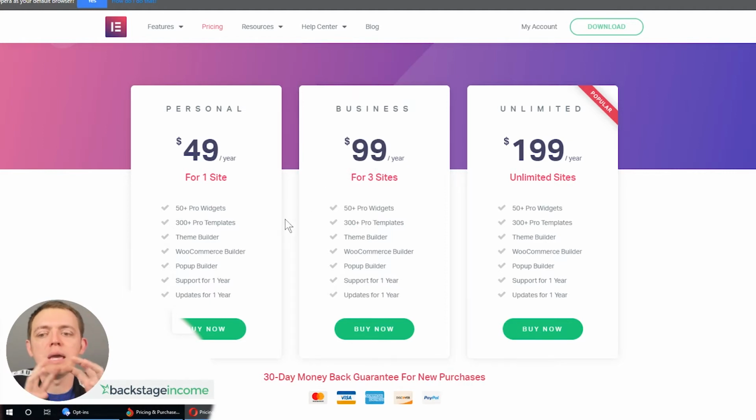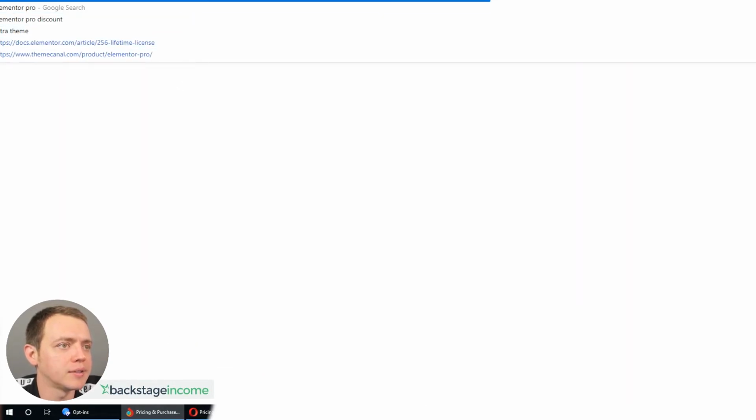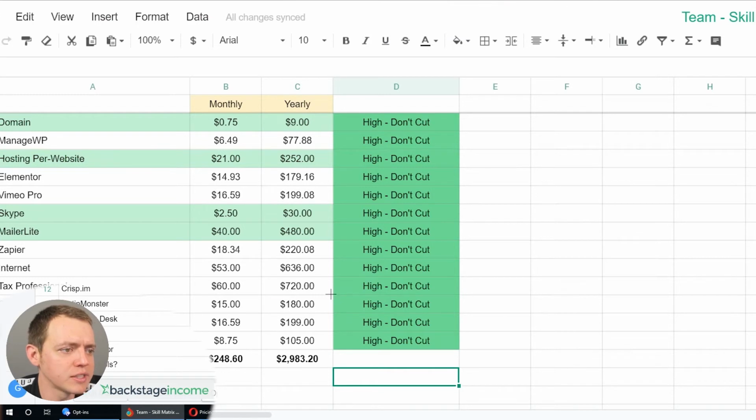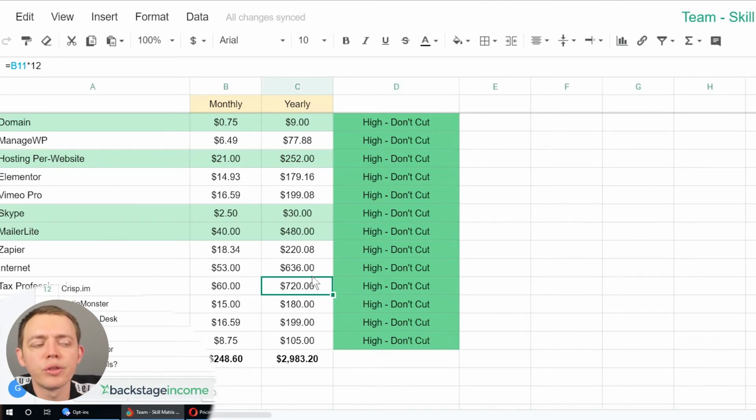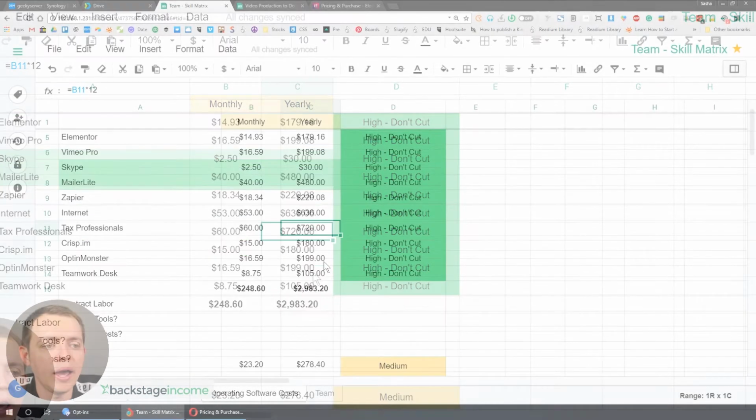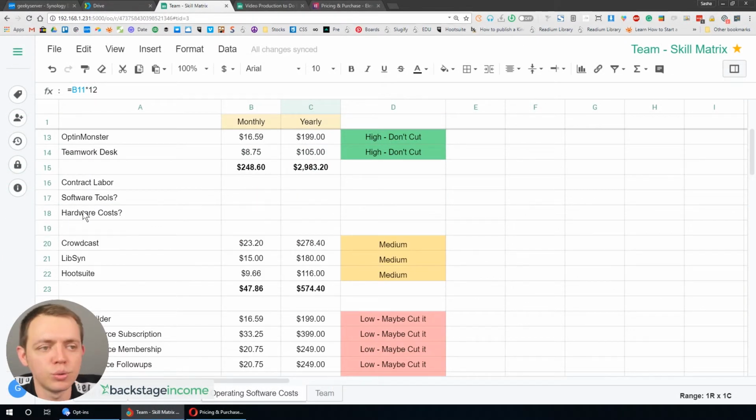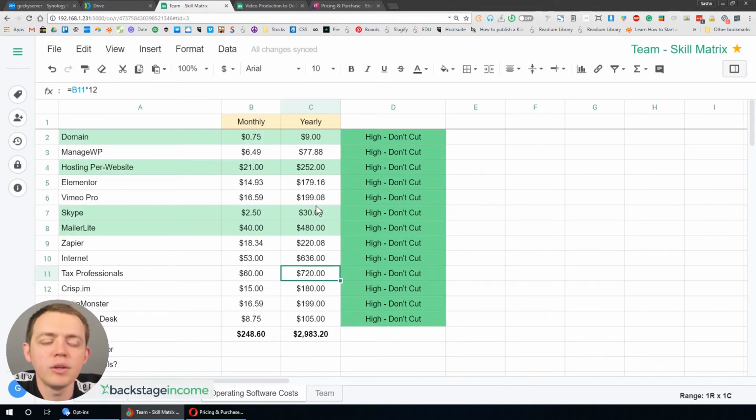So creating a suite, a basket, a portfolio of websites, a portfolio of businesses online makes more sense these days. If you do it individually, your cost on a percentage basis is just much more. So think about that as we look at these costs. You're probably going to spend about $2,000 to $3,000 to get yourself situated. And that's not even including contract labor, software tools, hardware tools, depending on what you need. If you need a video camera, other people to help you out and get things going, you could budget $3,000 to $5,000 easy to get yourself situated and set up. And then you'll be up and going. And then on a per website basis, it usually will be cheaper.